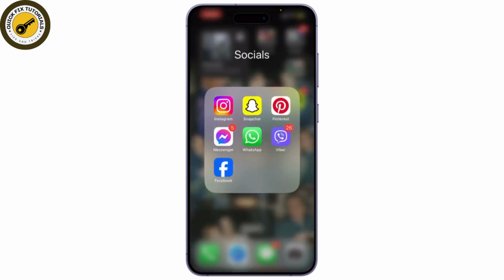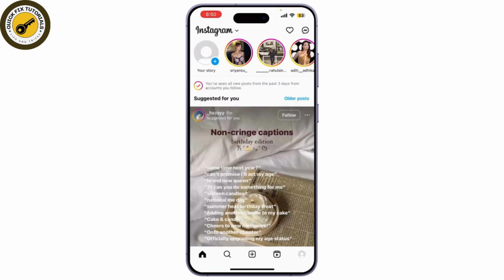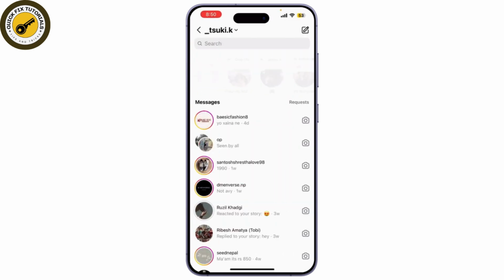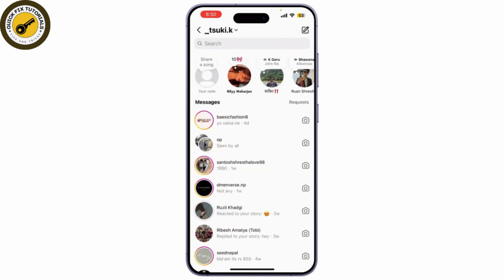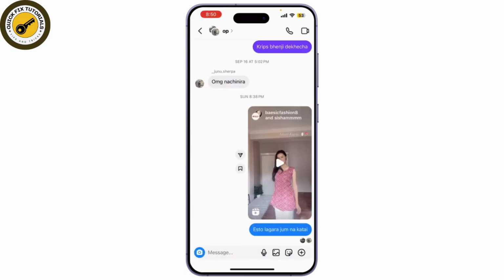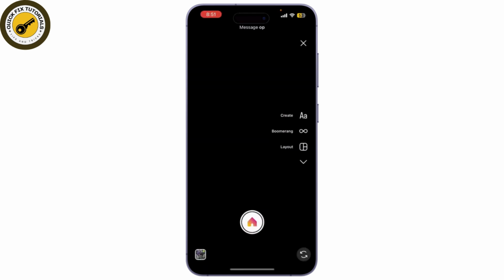Now, first things first, start by opening the Instagram app on your device. Make sure you're logged into your account. Now, tap on the messenger icon. This is where you can chat with your friends and send disappearing photos. Choose the friend you want to send a disappearing photo to. Simply click on camera